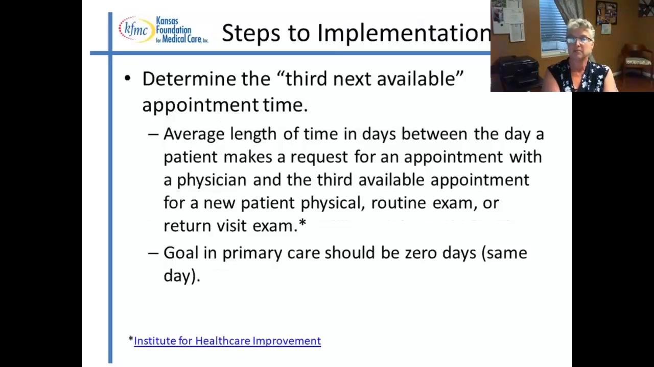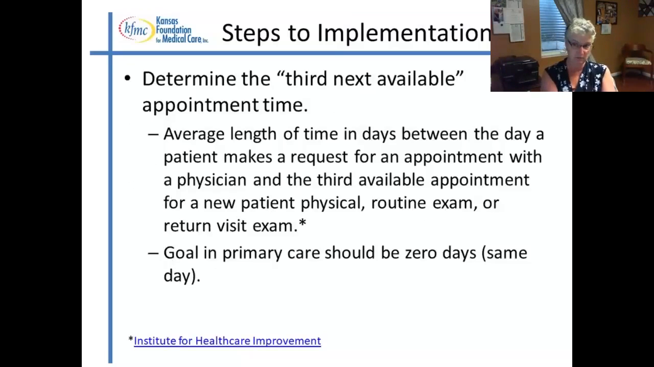So let's start off by discussing access to your clinic during office hours. One way to assess patient access to clinic appointments is the third next available appointment measure. Full disclosure, this is confusing. That's why there's a reference at the bottom to the Institute for Healthcare Improvement. The third next available appointment time is the average length of time in days between the day a patient makes